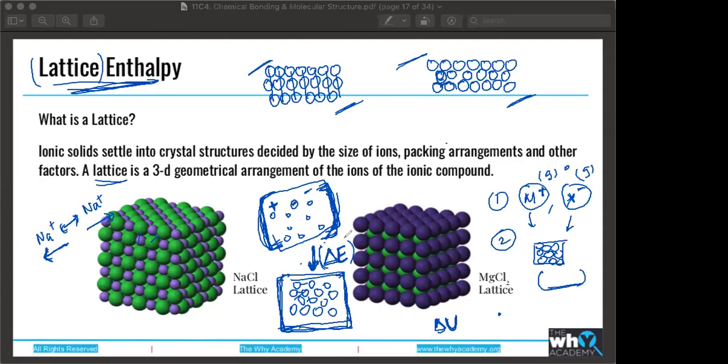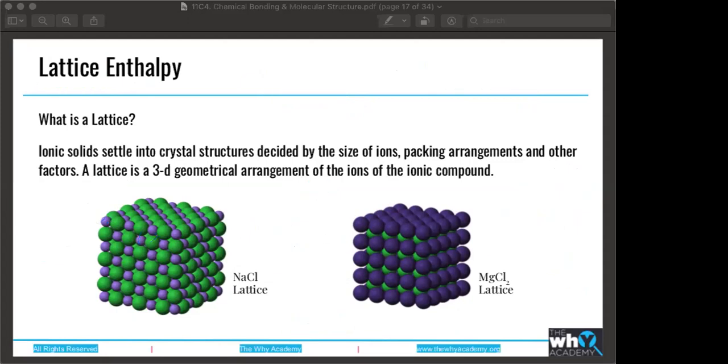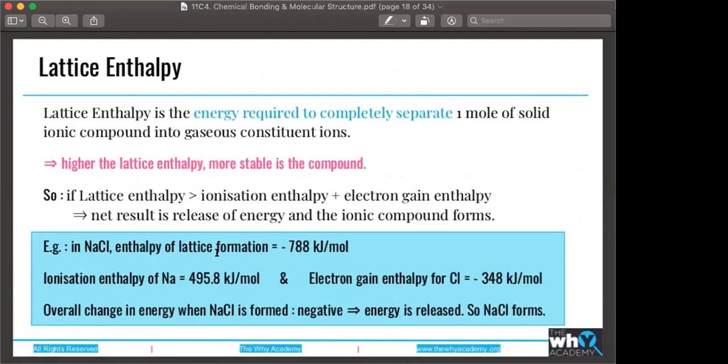That's a very good point. So if it's a more stable system, it will always release energy. But if it's an unstable system, if you're having to force it to be like that, then you have to put in energy. So energy is absorbed in that case. Could you give examples? Yeah. So formation of ionic compounds, like formation of NaCl. NaCl is formed very easily. That is because energy is released, because the NaCl crystal is more stable than having independent Na and independent chlorine gas.